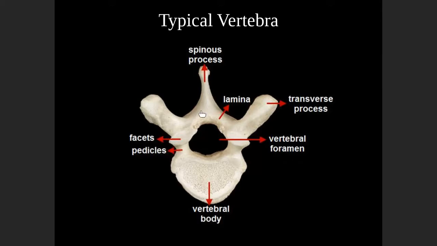Oh, and I didn't say the lamina. The lamina is going to be found between the transverse process and the spinous process. It's going to make up the posterior lateral border of the vertebral canal. The body makes up the anterior border of the vertebral canal, and the pedicles make up the lateral portion of the vertebral canal. So you need to know this on all of them, on all the typical cervical vertebrae, on all